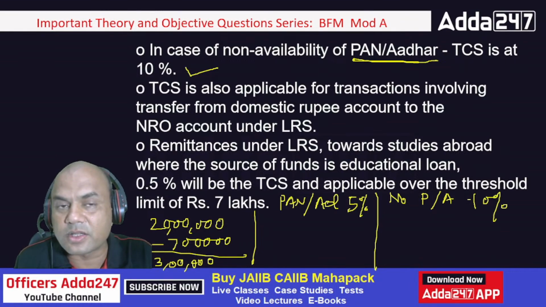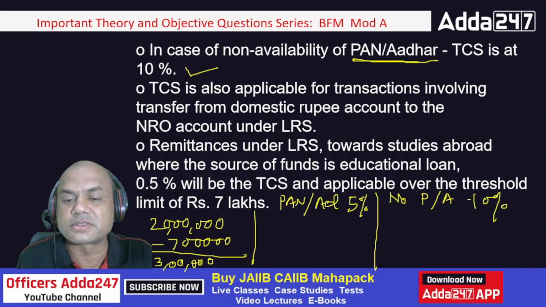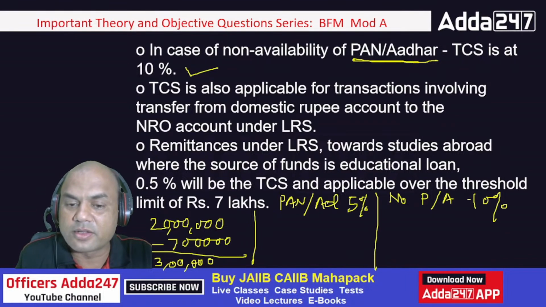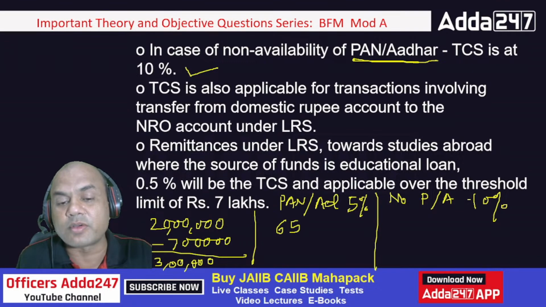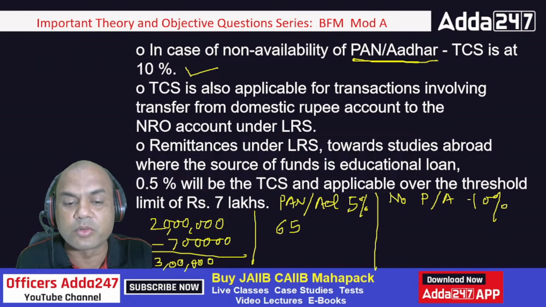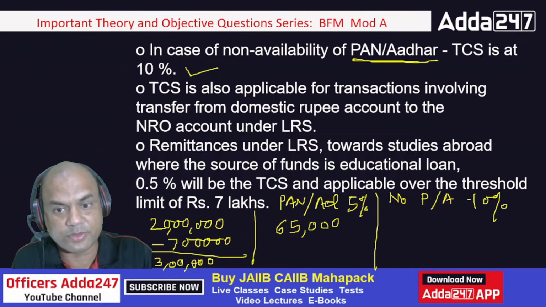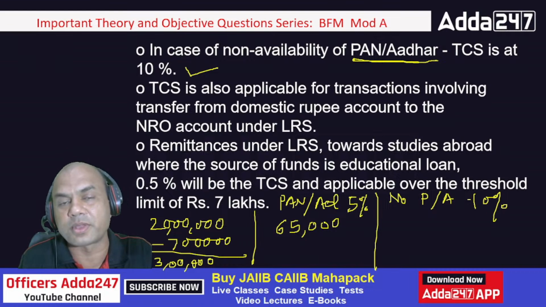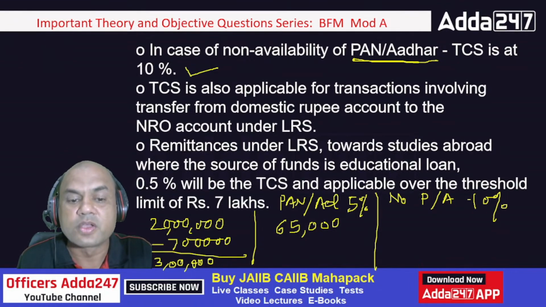So give me the answer now, everyone. 13 lakhs, 5%. What is the tax I'll be paying? 13 into 5 is 65, right? So 65. And how many zeros? Into 5 upon 100, so zeros removed. So 3 zeros, right? 1, 2, 3. So what is the amount I'm paying? 65,000. Okay, this much tax I'll have to pay. Got it?